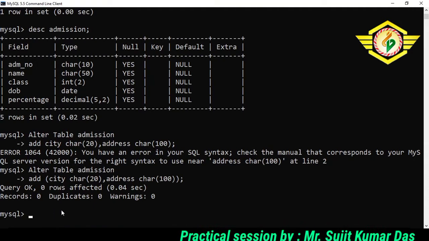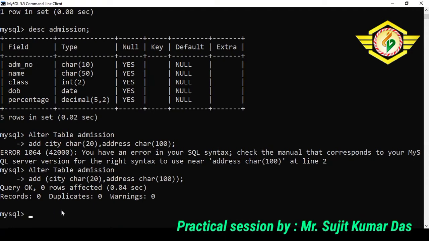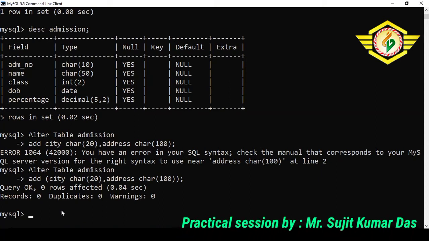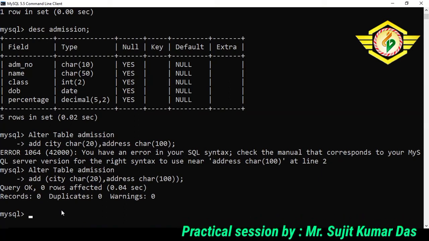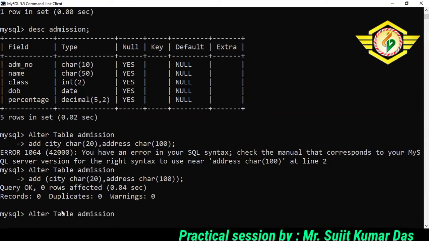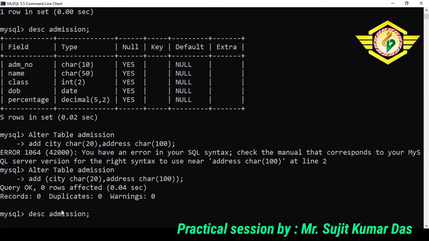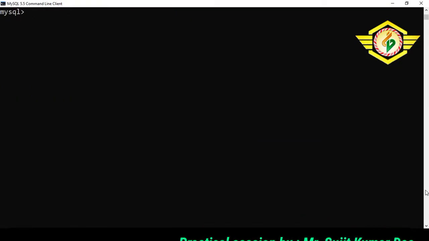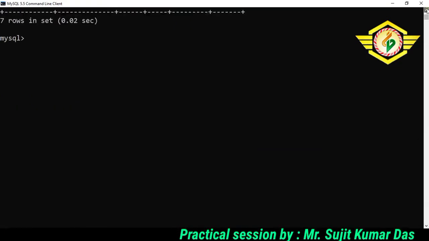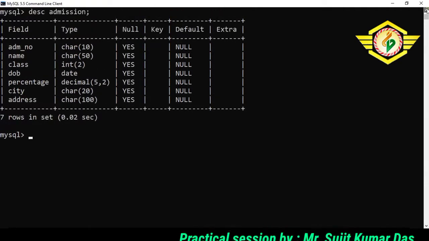Now the query is okay. No rows affected because we haven't entered any records till now. So let us again describe our table. Now you can see that the changes have been made in the table.